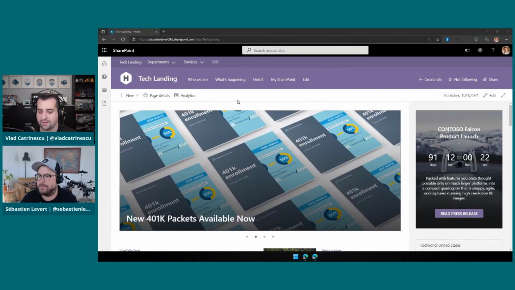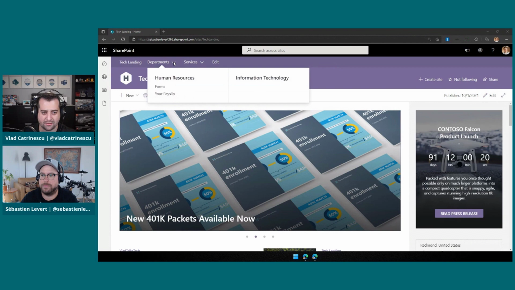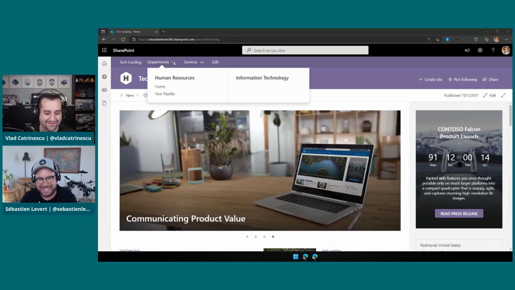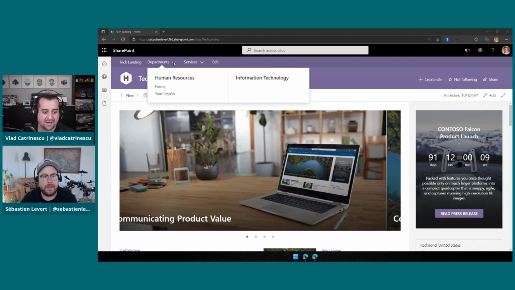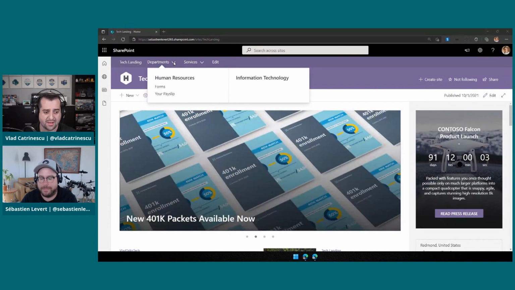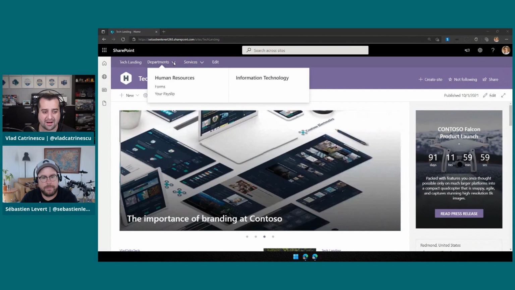That's perfect. And what you said is super important. Sometimes you have to have the talk with people about what audiencing really means. Audiencing is not security. And also, very important, audiencing is in addition to security. So everything is security trimmed by default. With audiencing,